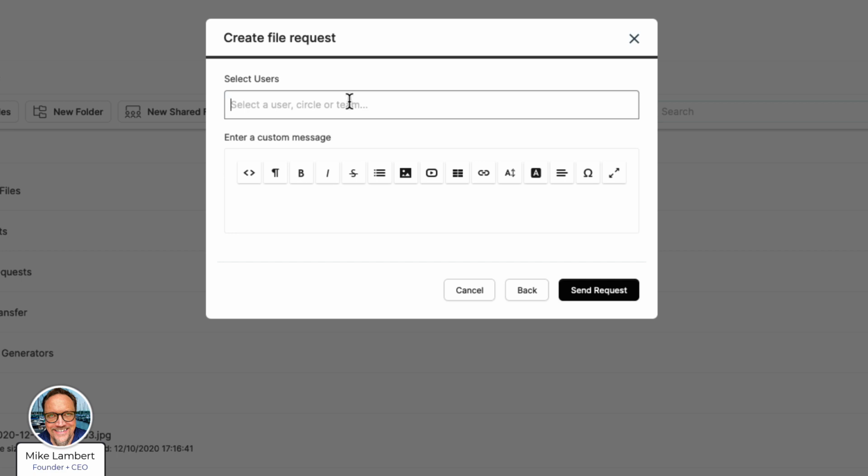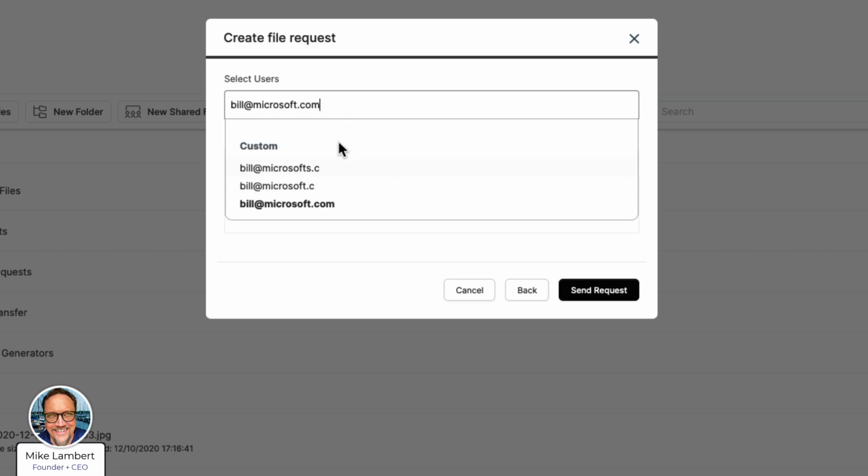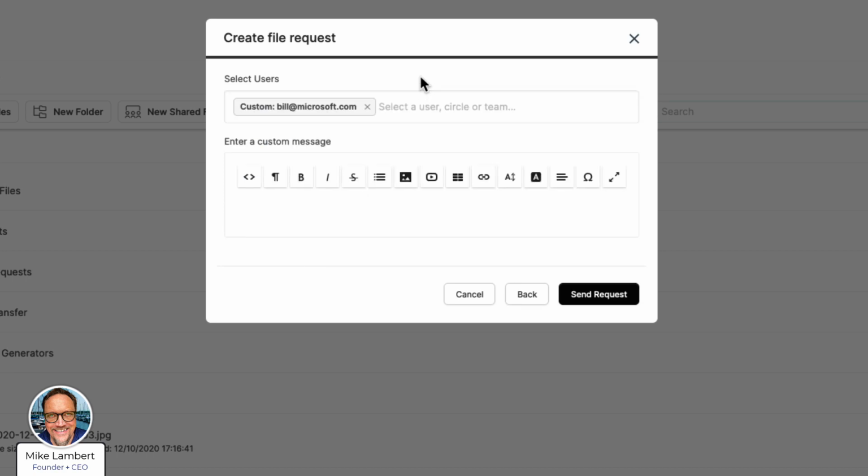So if we wanted to say, hey, bill@microsoft.com, or how about banker@bankofamerica.com if you're a mortgage broker or something like this, or any situation where you need to ask for files from someone who's not in your CRM and you don't have them, you don't want them, it's a one-time deal, you just want to send this file request to them, you can use any email address here and send this